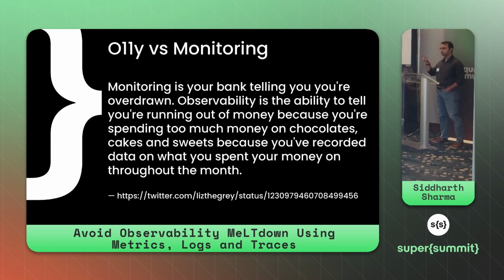We are all used to monitoring, where we used to instrument our code and then get alerted on call when something's not working. But that didn't give you good context on why things are not working the way they should be working. That is where observability comes into play. You are emitting telemetry data, and you are hoping that you can deal with known unknowns and unknown unknowns when there are issues in production.